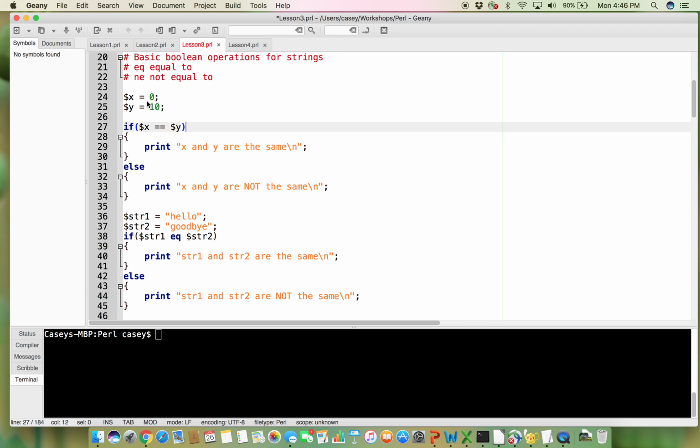So I have set x and y equal to something. Now I want to check and see if they're equal to each other, and if they are, I want to print that they're the same. If not, I want to print that they're not the same. So obviously we expect here that we'll get x and y are not the same. So if we run it,